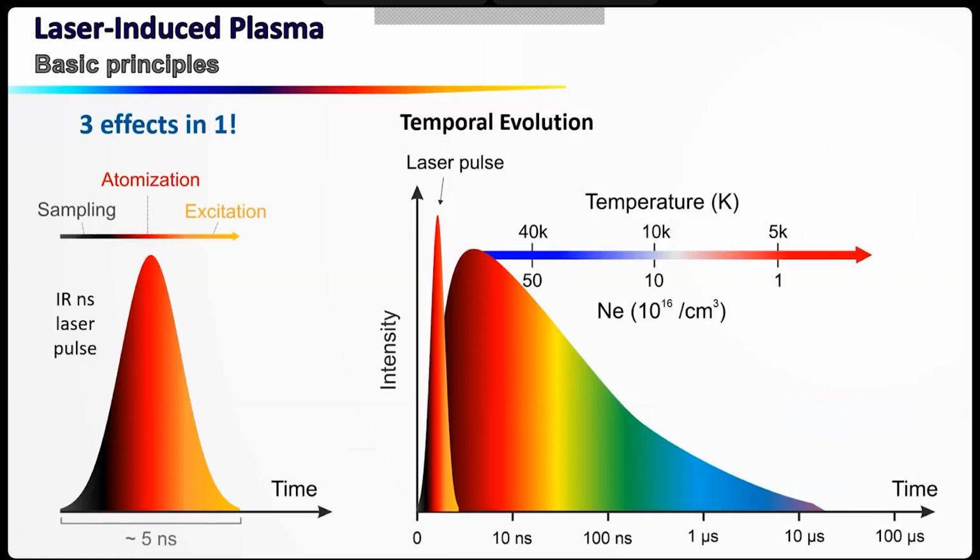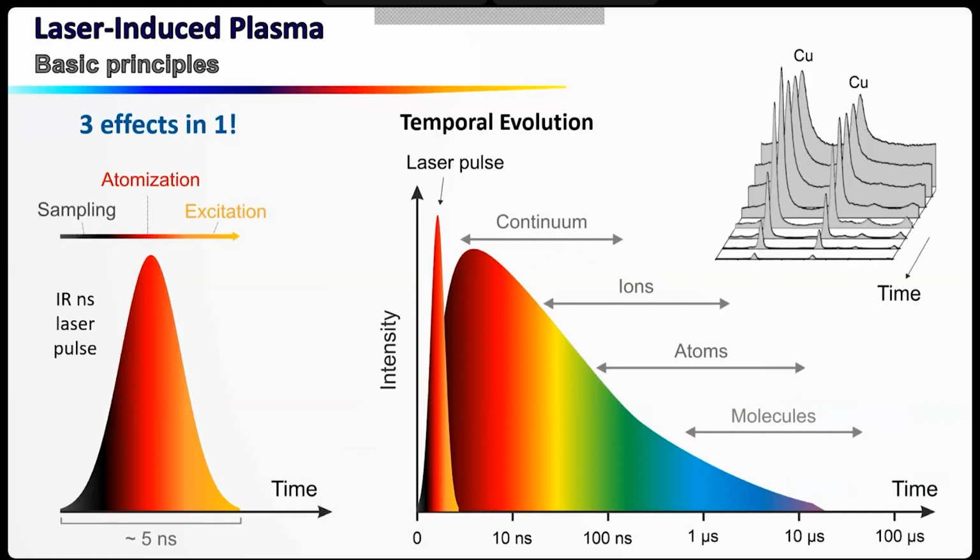And in a few microseconds, you can see that the temperature will decrease by almost 1 order of magnitude or even more. So this is a highly transient object. And depending on the time for which you look at the emission, you will see very different things. At the first moment, as I said, you can have a strong continuum, then the ions and atoms, and even at long delay, you can observe some small molecules like radicals that will be related to the recombination of atoms